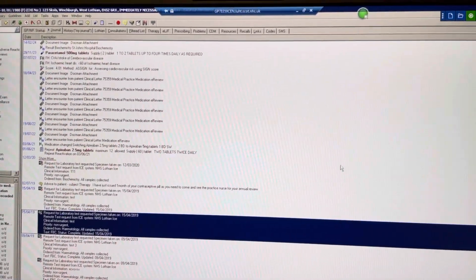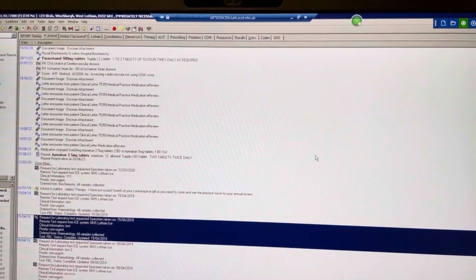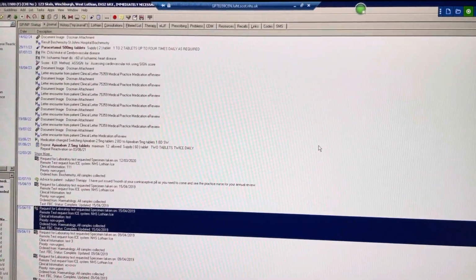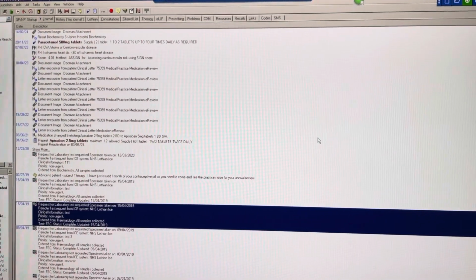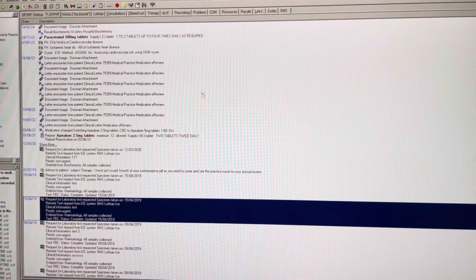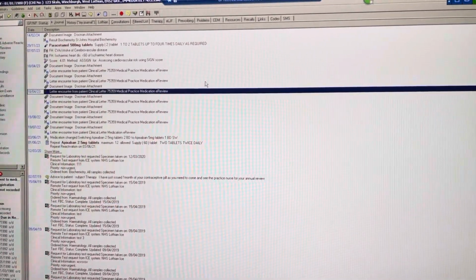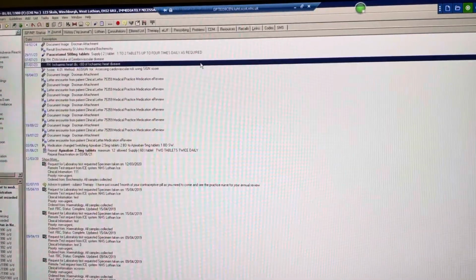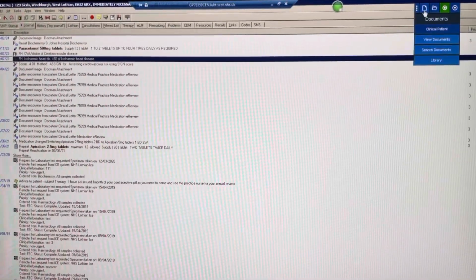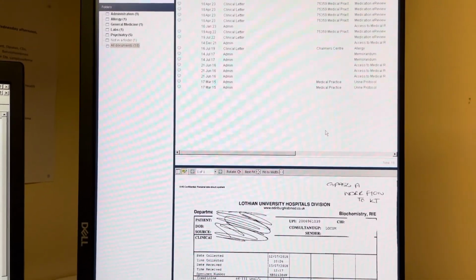How to use Docman. So Docman is where all of the patient correspondence from the hospital and from the patient or emails, etc., are kept. So the GP documentation is all kept in the Consultation Manager in Vision, but to access the patient's correspondence, you just use this floating toolbar here. You have the patient open and you just then click on this. It will then open the patient's